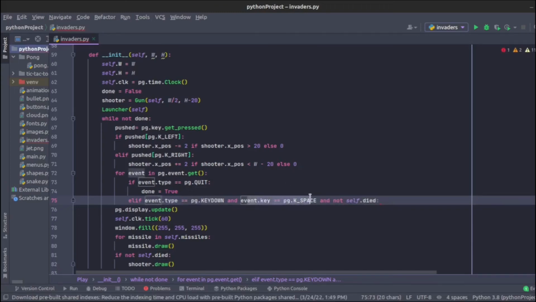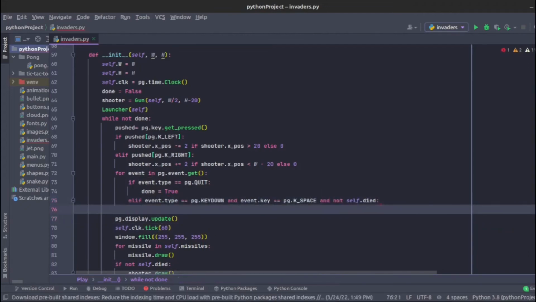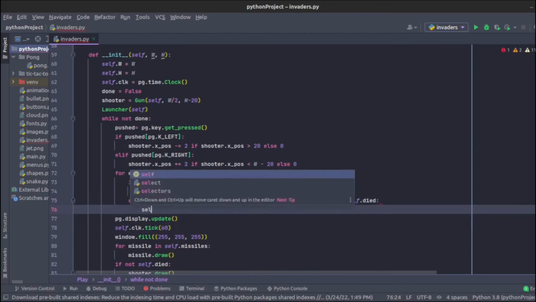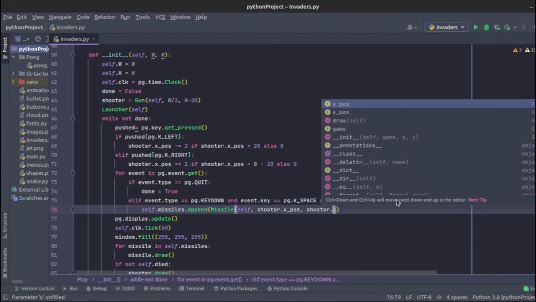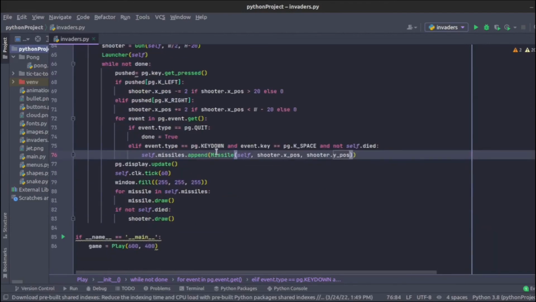That key needs to be the space key, and we also should not be dead in order for this to be true. So what this does is self.missiles.append, and let's create a missile object, self, shooter.x position, shooter.y position. Okay, so we're creating a new missile object and we're appending it to the missiles list, and it has the shooter's x and y positions